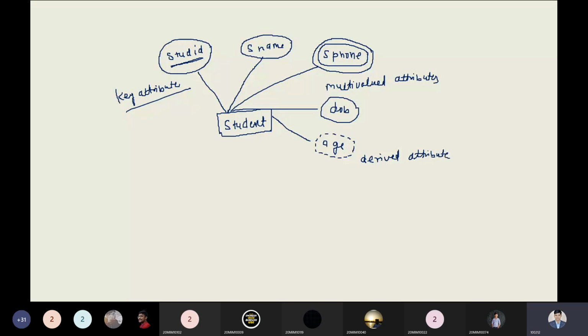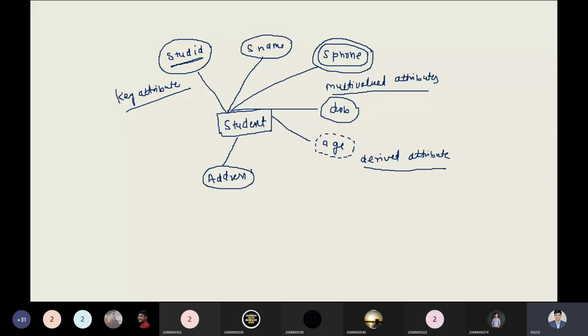Now is it clear to all, or any doubt in these three kinds of attributes? Tell me right now. No, sir. Okay. So after understanding this point, a student asked me the question, sir, what is a composite attribute? So you have this example. Now you put the address. After putting this address, you are allowed to put anything over here. You can put your name, your care of address, the PIN code, state, city, country, and so on.